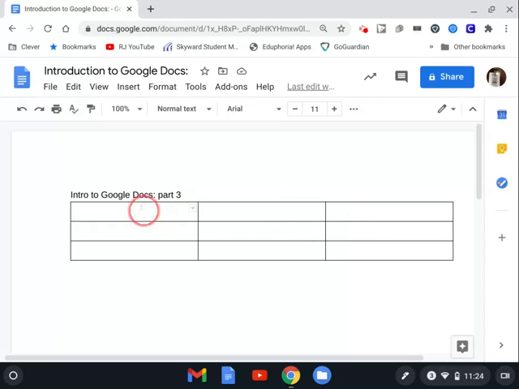You then can go in there and put in different things. This is a great way to help organize the data that you're trying to present or put out there for people to see in your Google Docs, such as you could call it your class schedule. So you could then say first period, second period,